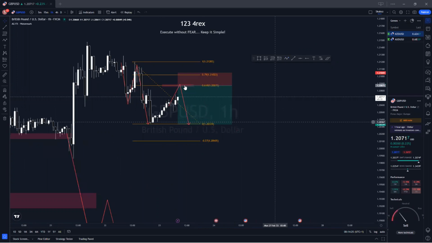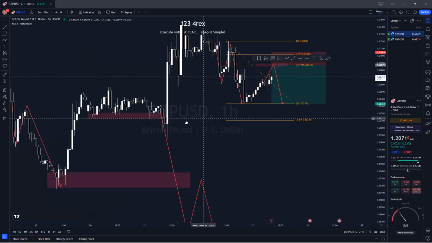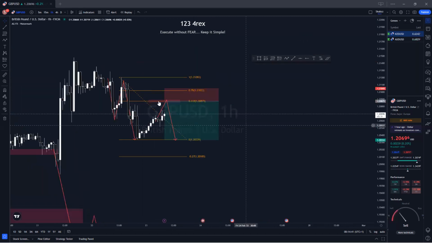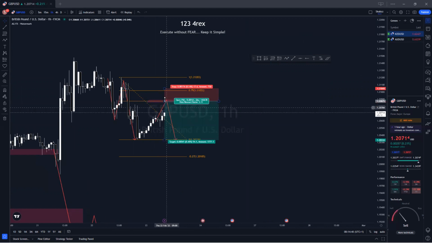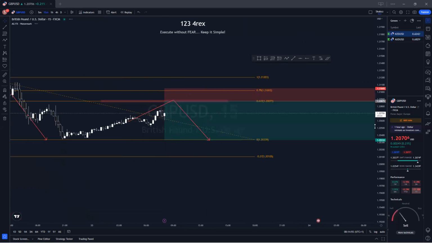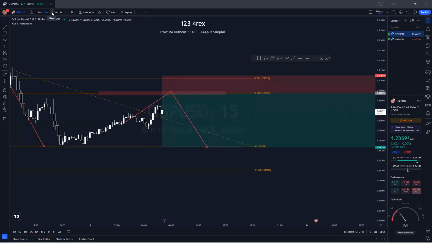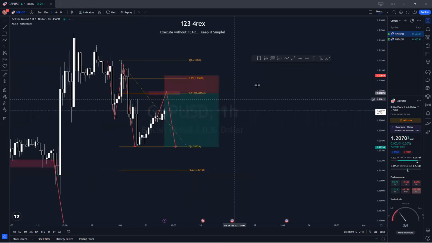You know what? Let's just watch out and see. In as much as the 4H is bearish, sorry, it's bullish, this 1H has already started shifting. It has already started the clean downtrend. What I would do right now, if I was the one trading this, I'll be much more conservative. I'll not enter aggressively. So once price gets to this 0.618, I'll go to the lower time frame to look for entry criteria, things like a bearish pin bar or a shift in market structure on the lower time frame. So that's what you can look out for.